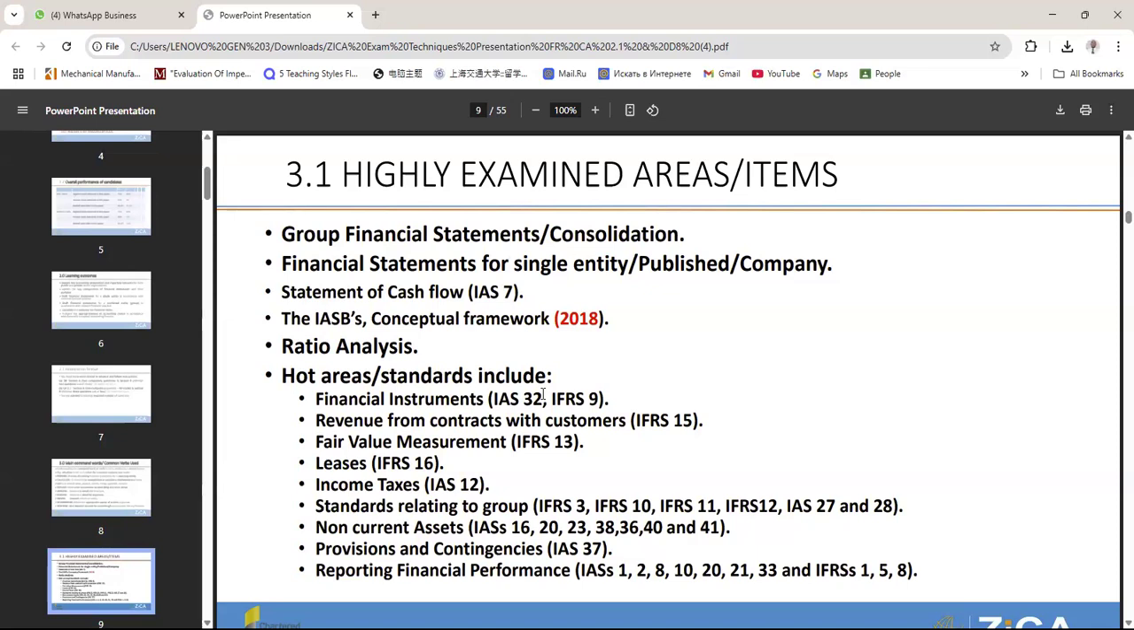The next area they will test you on in the exam is basically where you present interest and the dividends. So basically the guidance is when you are presenting